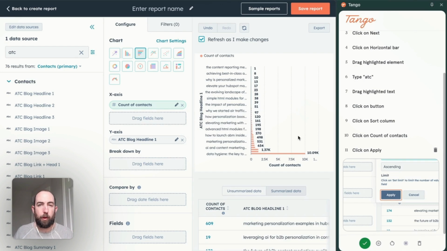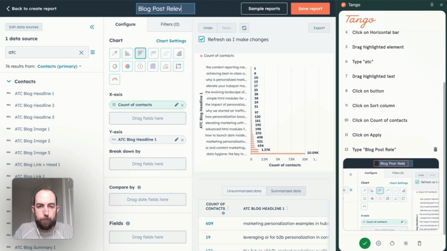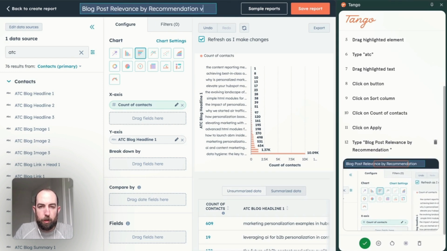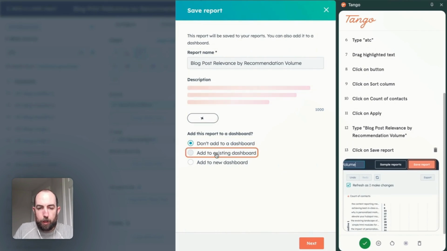And this is a really great way to prioritize your efforts on content, find the gaps in your content program, and identify the pieces of content that you might want to refresh or update more frequently because they're the ones that are getting recommended most often. So to finish this report off, we're just going to give it a name. So we're going to say blog post relevance, a recommendation volume, click save,